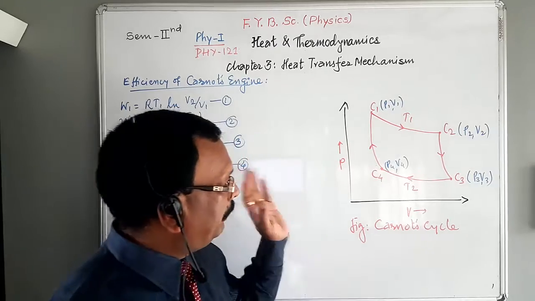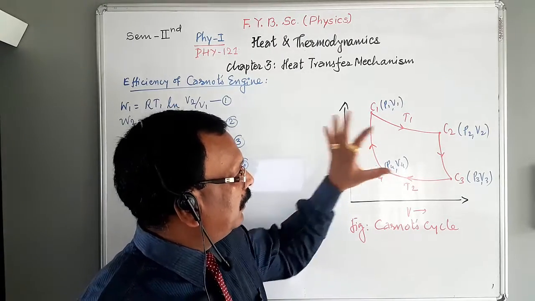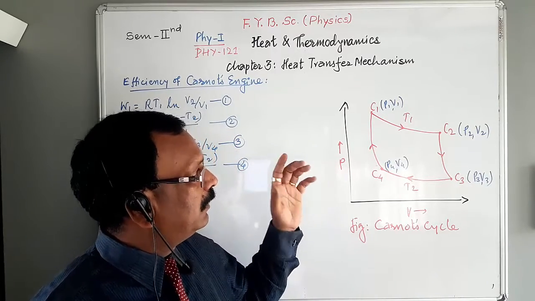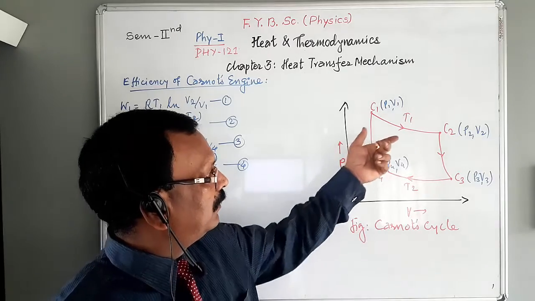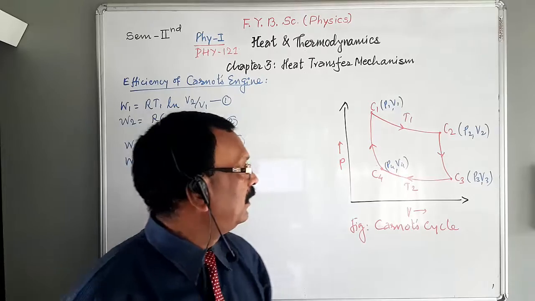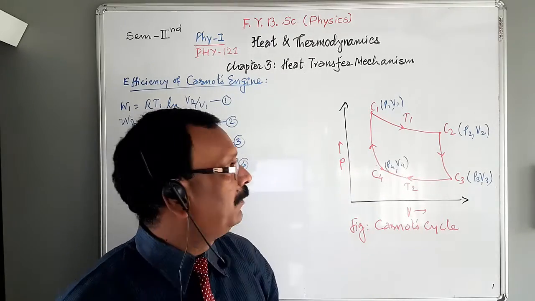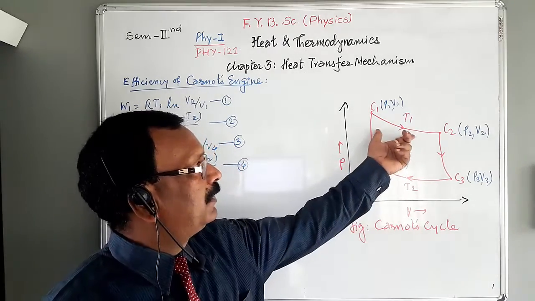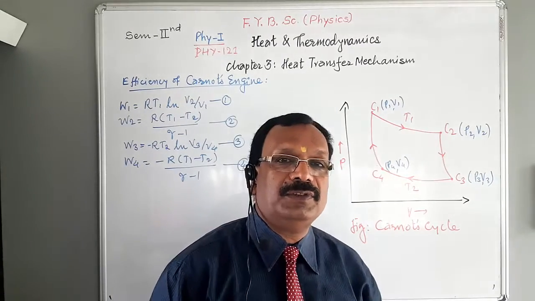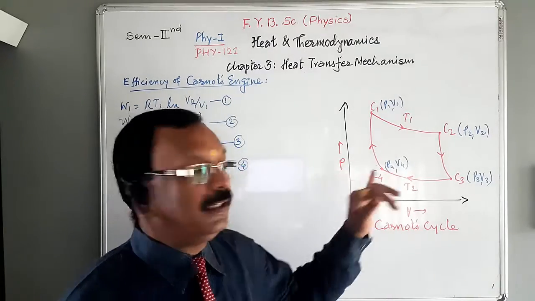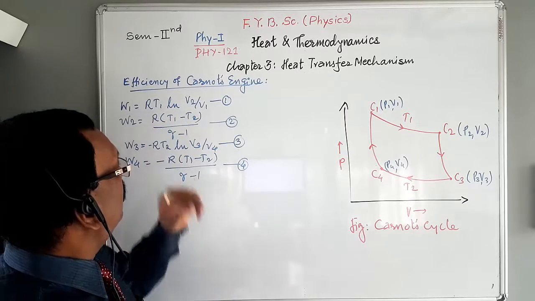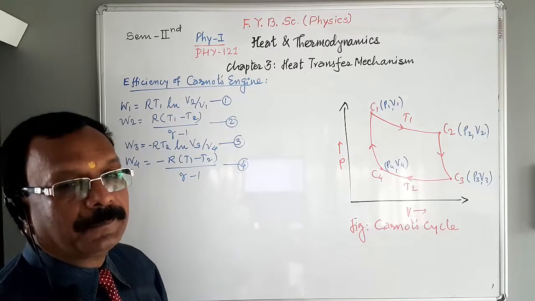See here, in previous lecture we studied the Carnot heat cycle. This Carnot cycle consists of 4 parts. C1, C2 represents isothermal expansion, which takes place at constant temperature T1. During this change, the system is placed on the source of heat, and work done during this change is nothing but W1 is equal to RT1 natural logarithm of V2 upon V1.